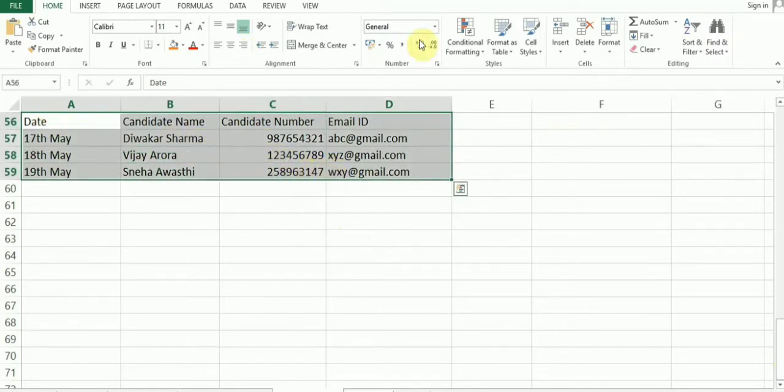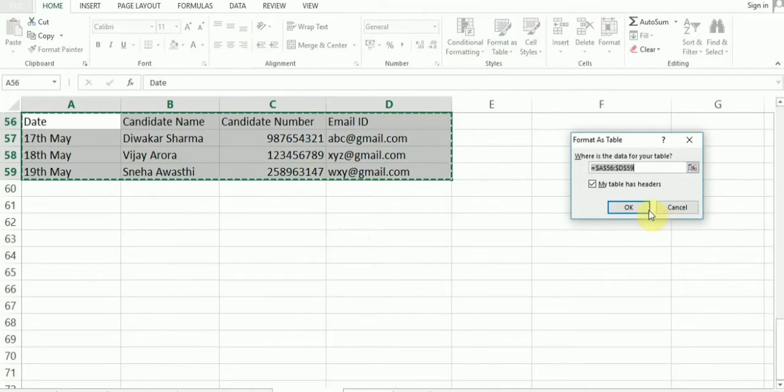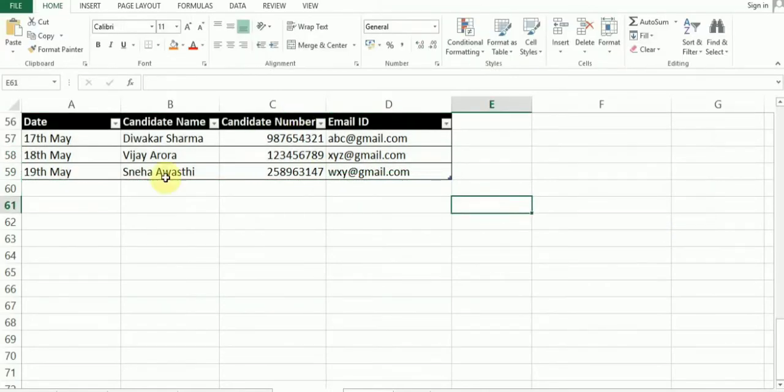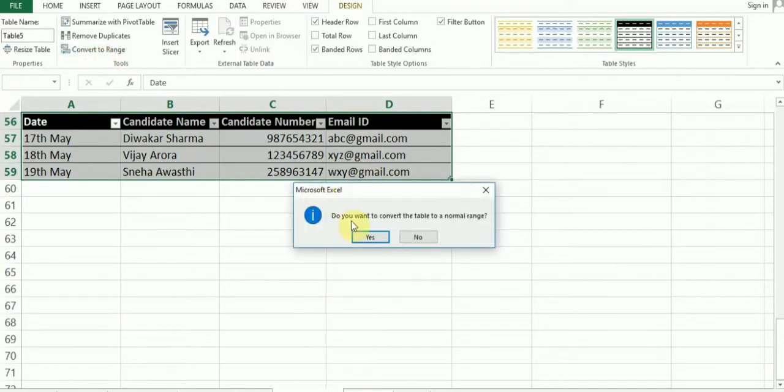Now let's say your data was selected and you might have created this kind of a table to your data, but now you converted it to range.